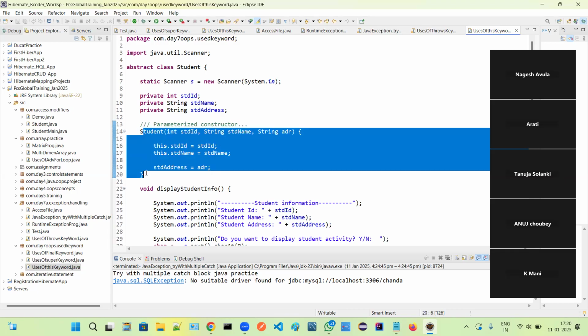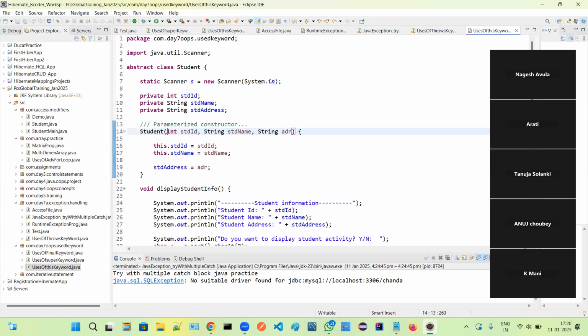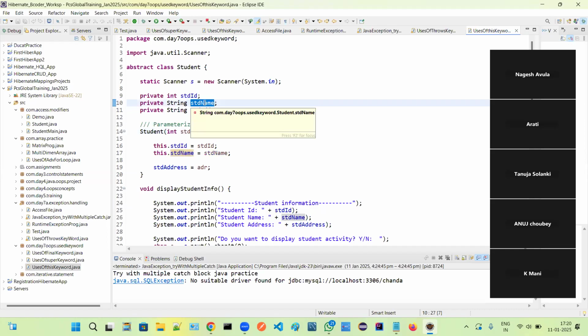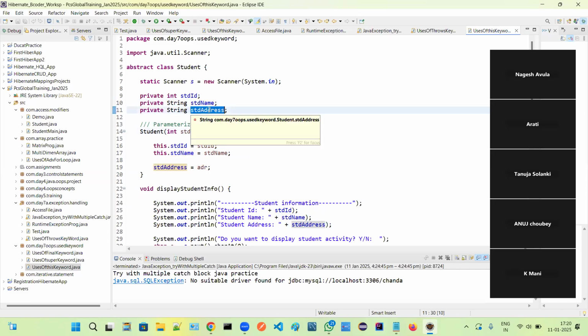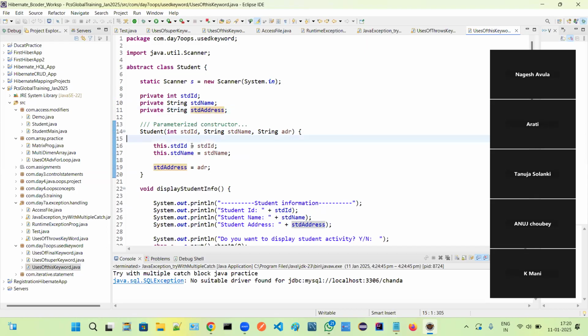This is a parameterized constructor, right? A parameter is there inside this constructor. Now you are able to see this stdid and this stdid, both names are the same or not? Yes. Std name and the class variable std name are both the same or not? Yes. But is this ADR similar to this std address? No, it is different. So during initializing the value to the instance variable of this class,